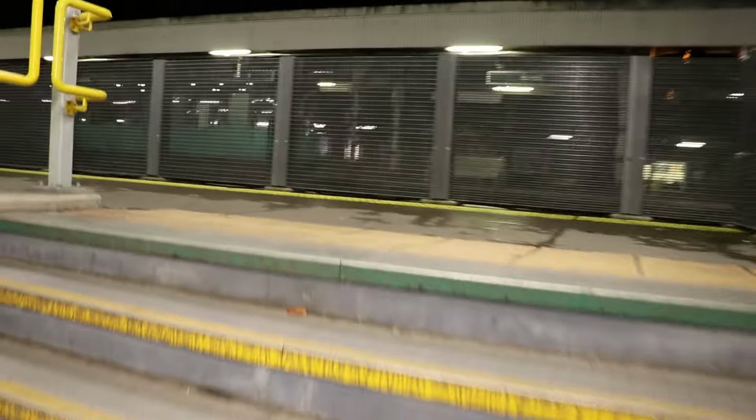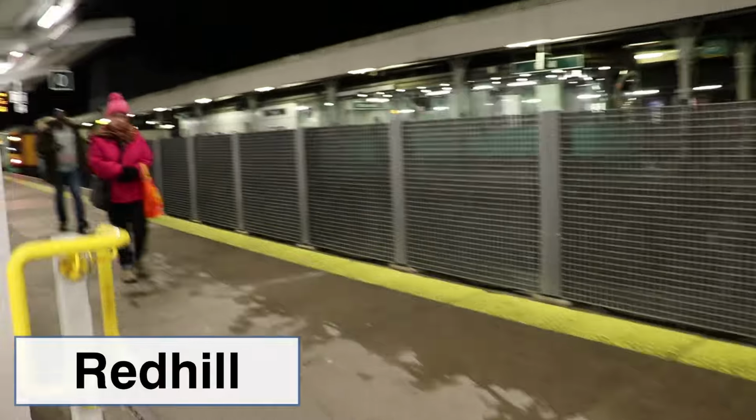Zero. It's dark, it's cold, it's December. This is an extremely silly thing to do, but sometimes you just have to go to all 8 Platform Zeros. This is Redhill, where this train terminates. At 9 minutes past 8, it's Sunday, it's still dark, it's still cold, but I'm hoping...